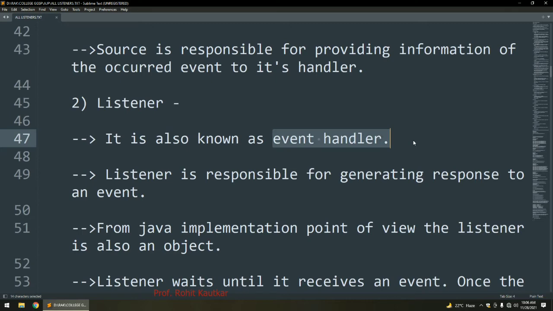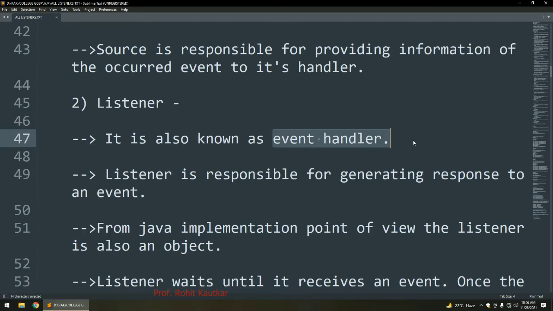Whenever an event occurs, the source will notify the listener that the event has occurred. Then the listener will execute the code which performs a certain task, and then it returns to the source again.